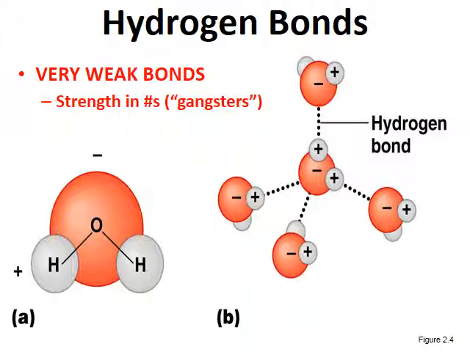Okay. Now, besides being very weak, hydrogen bonds also have another characteristic. Even though they're weak by themselves, they're actually strong in numbers. So if you have a lot of hydrogen bonds, it can be very, very strong. A great example of this is when you do a belly flop. It hurts a lot. Okay, and you'll actually have some damage to your body. Your chest will get all red, your legs, sometimes your face will get all red when you hit that water. Okay, why does it hurt so much to do a belly flop? Because in order to penetrate that water, you have to break hydrogen bonds. Okay. And you're going to have to break trillions and trillions of hydrogen bonds for your big body to go into that water.